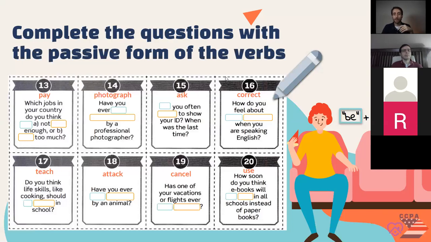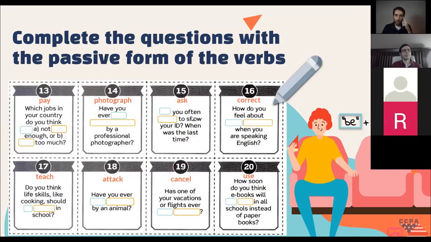Here we have a series of 8 questions. The idea is for you guys to think how to create that question in a passive voice. You have there the verbs that you are supposed to use to create the questions. Of course, always the verb that you see there is going to be later presented in the participle. The trick here is knowing how to use be, what version of be you're supposed to use. So let's do this orally.